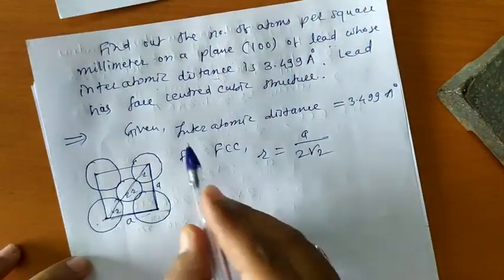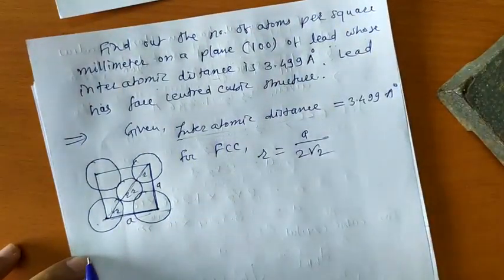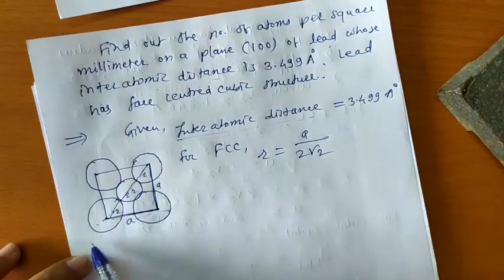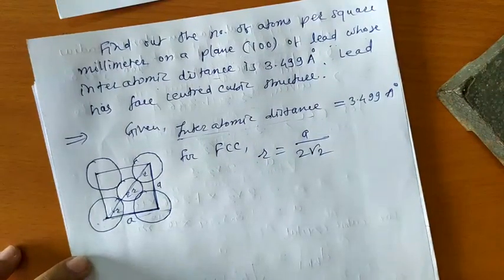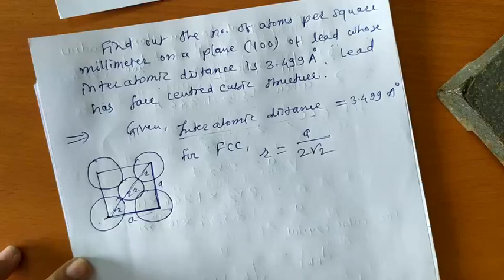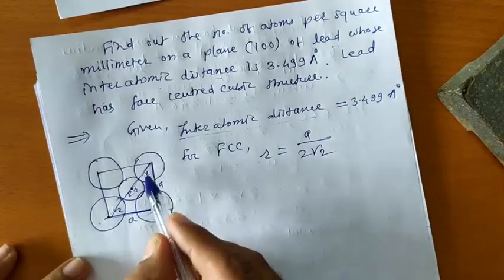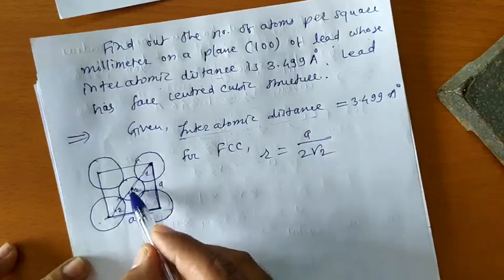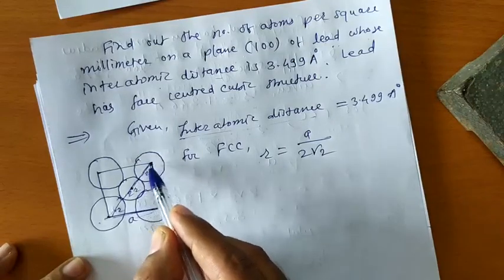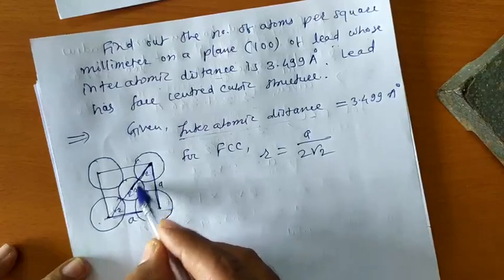And what is the interatomic distance? Interatomic distance means दोन ॲटम मधलं डिस्टन्स, दोन ॲटम मधलं कमीत कमी डिस्टन्स या ठिकाणी. Now this is the center of this atom, this atom touches each other. आता या ॲटम आणि या ॲटम मध्ये अंतर किती आहे? From this center to this center, that is R plus R, that will be twice R.